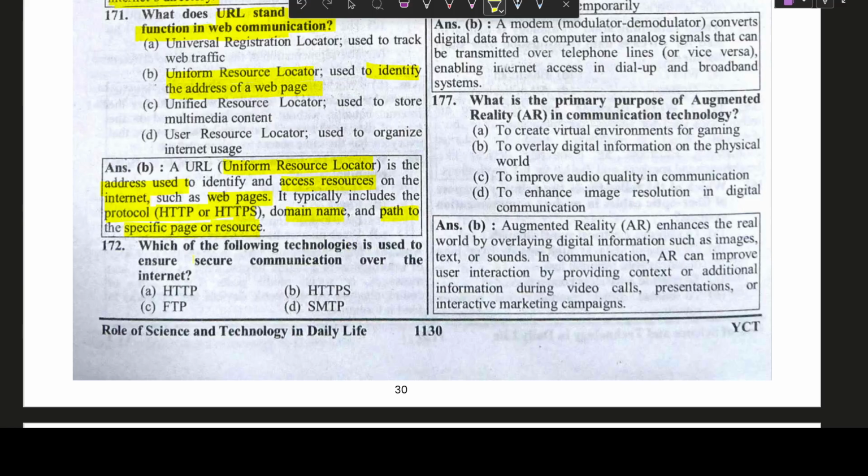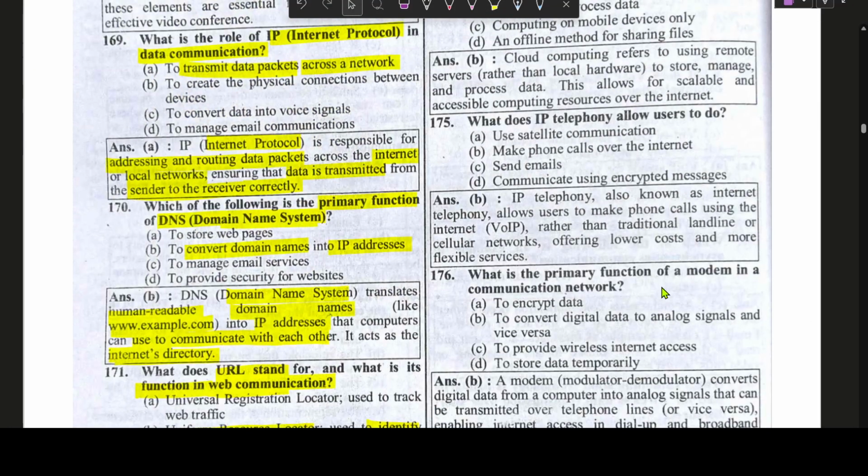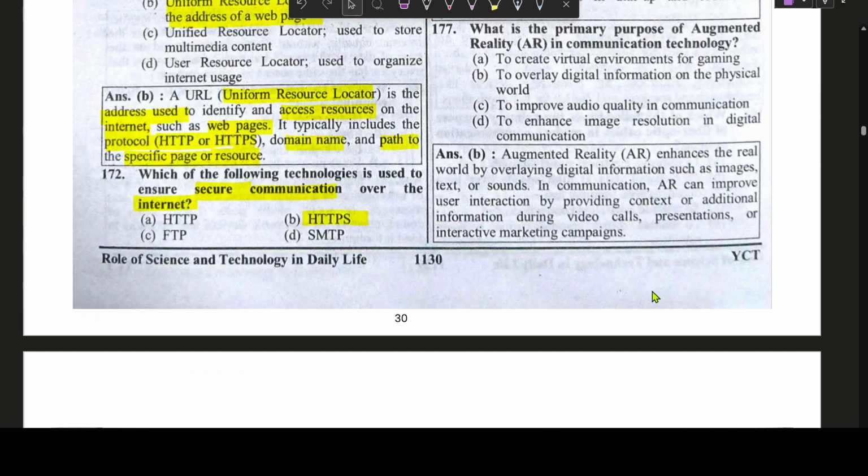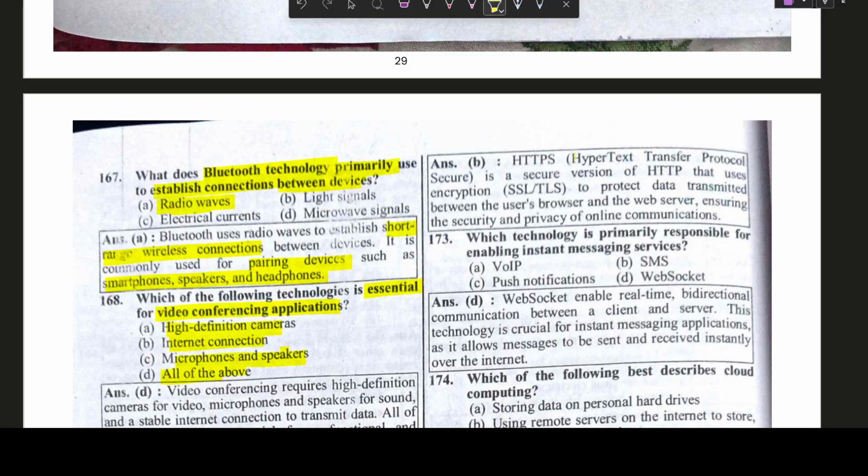Which of the following technologies is used to secure communication over the internet? I think D might be. So B is the answer. What is the full form of HTTPS? Hypertext Transfer Protocol Secure is a secured version of HTTP, Hypertext Transfer Protocol, that uses the encryption of SSL or TLS to protect data transmitted between the user's browser and the web server, ensuring the security and